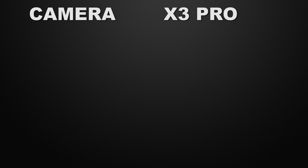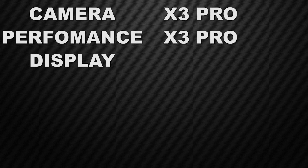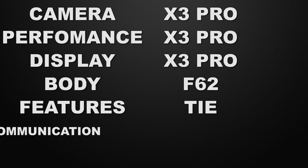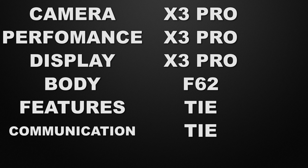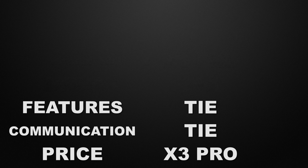So the conclusion of the video is, in the camera the winner is X3 Pro, in the performance the winner is X3 Pro, in the display the winner is X3 Pro, in the body segment the winner is F62, in the features of the devices it's a tie, in the communication chips it's a tie, and about the prices the winner is X3 Pro. So the decision is totally yours, which device you like the most so far,